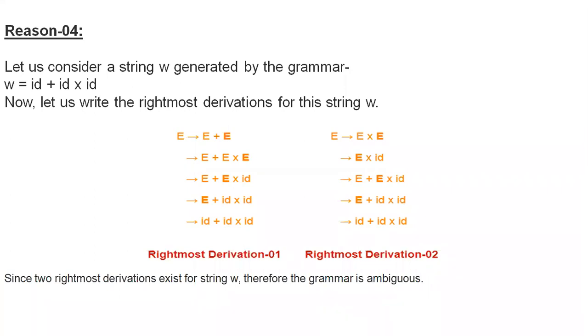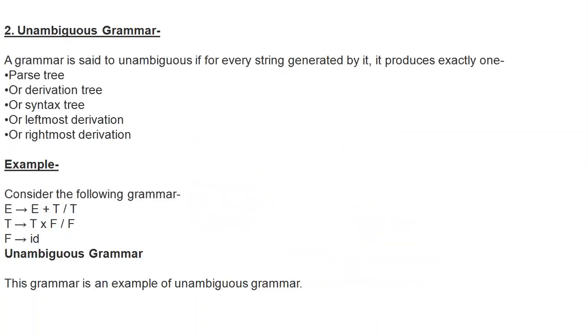So finally, we are proving that this is an ambiguous grammar. And with these 4 reasons, we proved that the given grammar is ambiguous. And see here, our top-down parser always uses unambiguous grammars. What it means is it is desirable to perform parsing with a context-free grammar, and the grammar should be an unambiguous grammar, right?